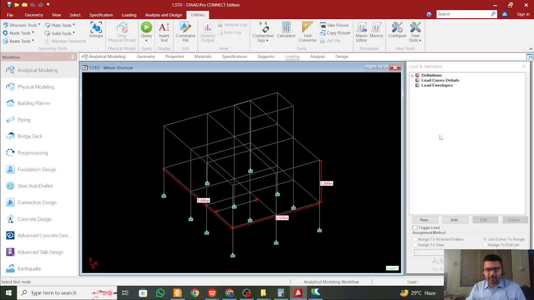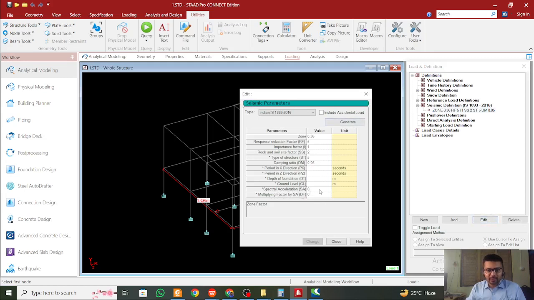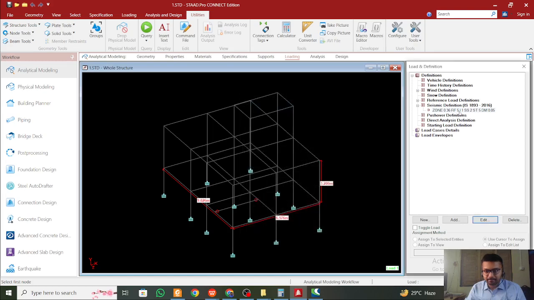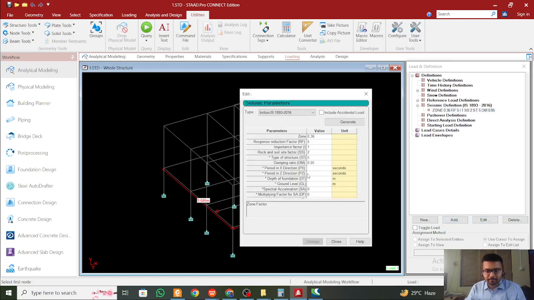Just go to the STAAD file and go to the definitions, and then we will go here, and the seismic definitions, we will just edit this. And here, period in x direction and period in z direction. X direction 0.1 and this also 0.1. Okay, so this is the thing. We can change this and